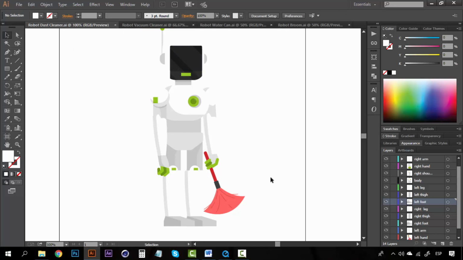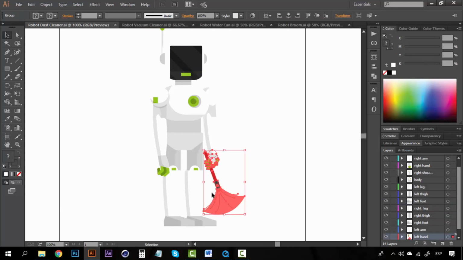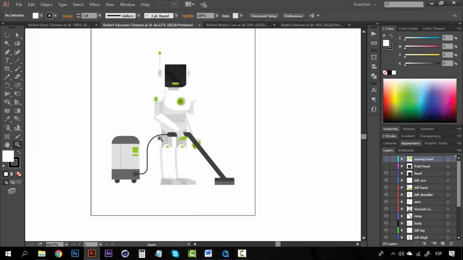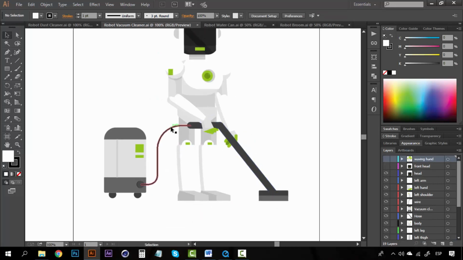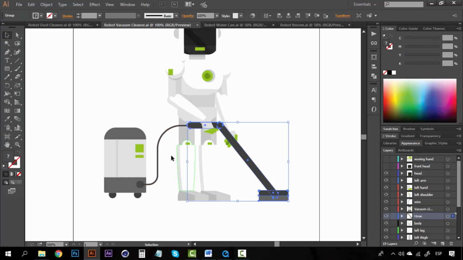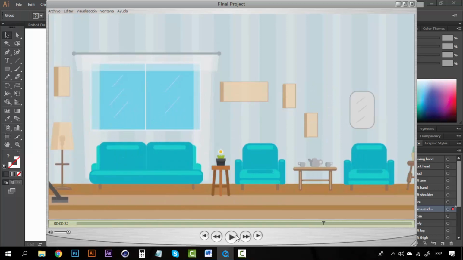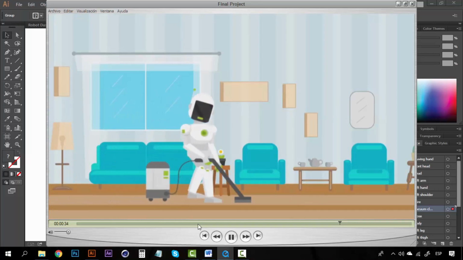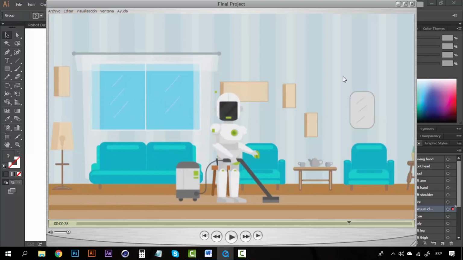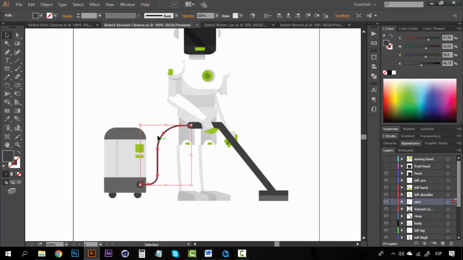So here we have the hand with the dust cleaner. We have the vacuum cleaner. You can take a look at the vacuum cleaner. We have the wire, the hose, and the vacuum cleaner also separated because I'm going to take this wire and create an effect. Take a look at how it looks on the vacuum cleaner. You can see that the wire is moving. It has some sort of movement here. It's not static. So to do that, I have to separate this